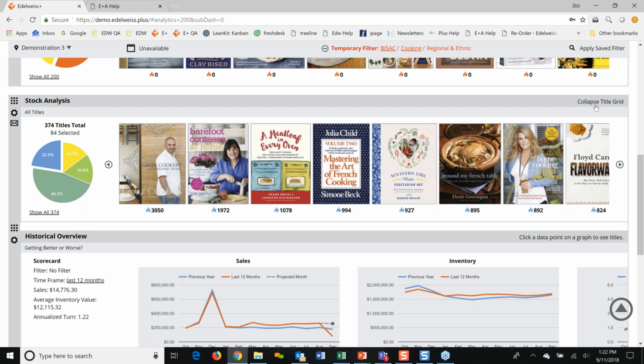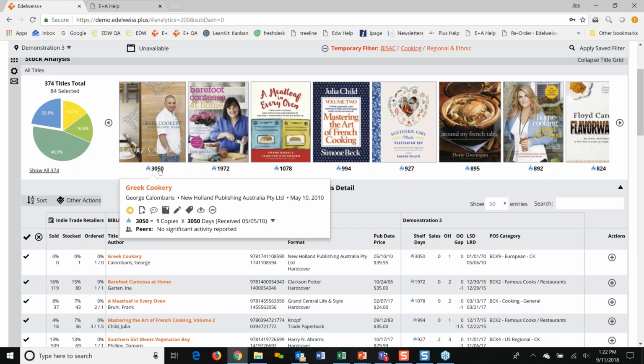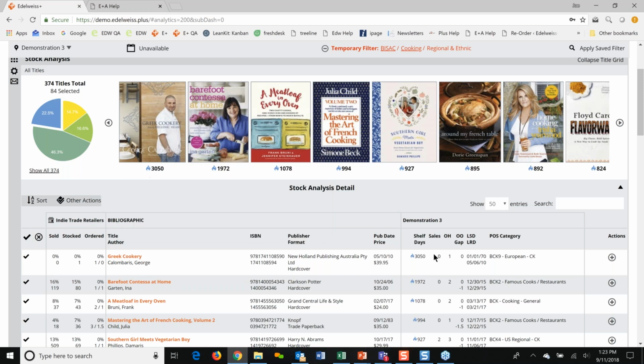And once you have this list, you can look and see a little bit more information here. So like this Greek cookery, which actually I've looked at this book and it's actually pretty great. But you can see that very, very few people in this market are stocking or selling that book. It is from 2010, but basically this has been on the shelf for a long time. So basically this one could go away, and we'll just say that everything on this list